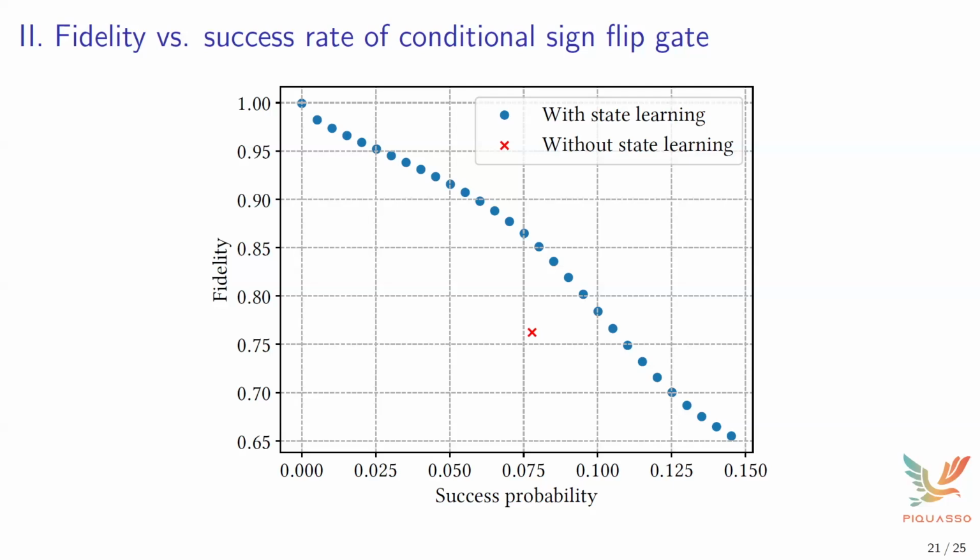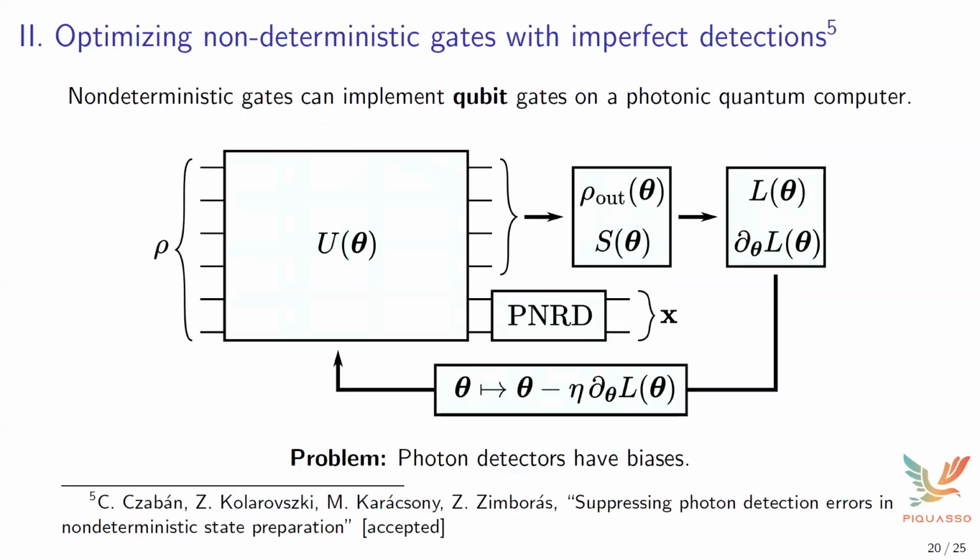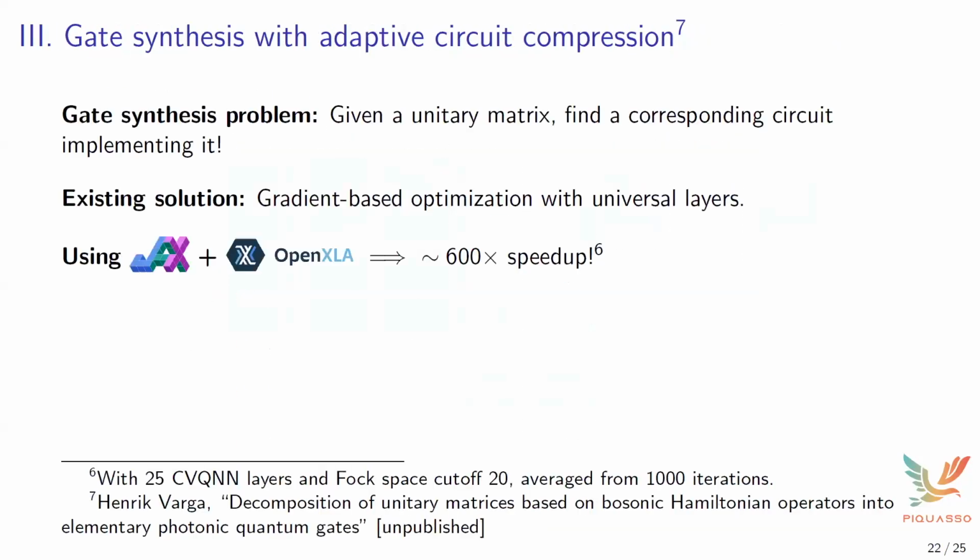So we produce this graph specifically to show that, for example, if you want to have a 1.0 fidelity, you can have that, but it will have no probability essentially. But still, you can choose your fidelity or success probability with this. And you needed to use automatic differentiation for that in order to execute this circuit.